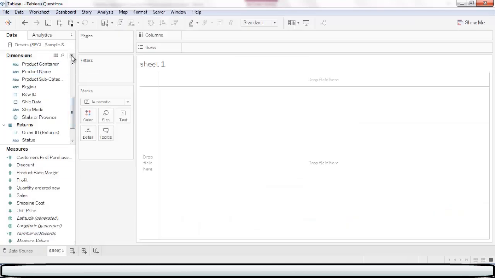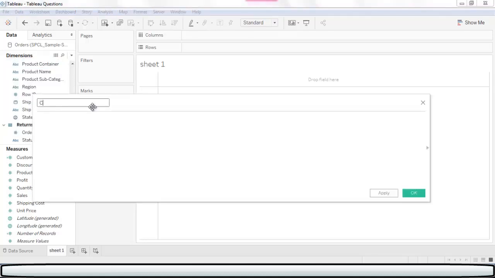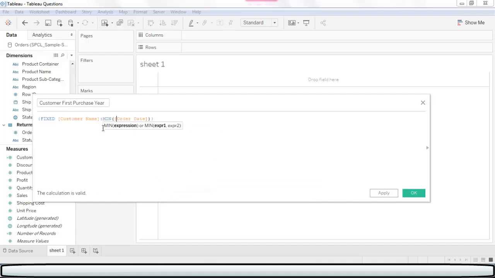We have to write one calculation to identify the customer's first purchase date. Write a calculation: customer first purchase year. We'll use a fixed LOD, fixed based on the customer name. Find the minimum order date, and the minimum order date will be the first purchase year